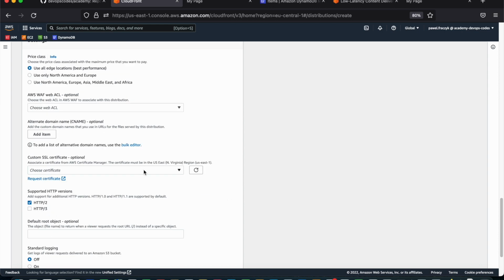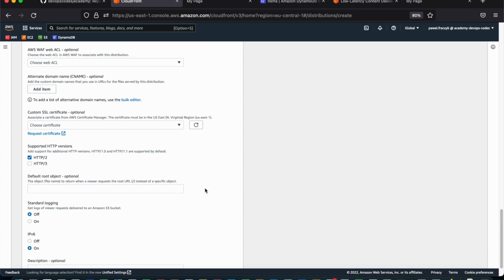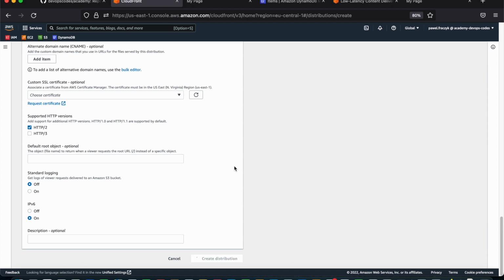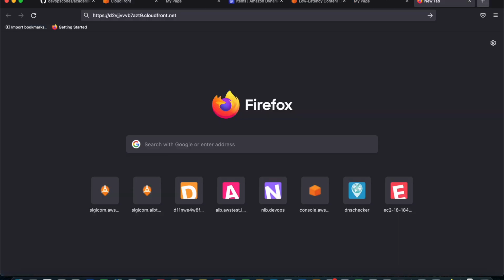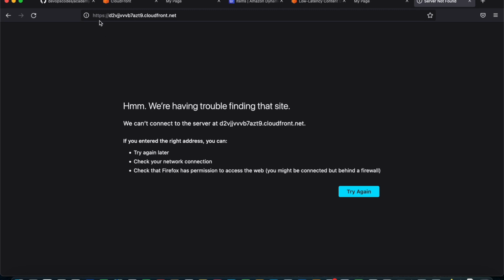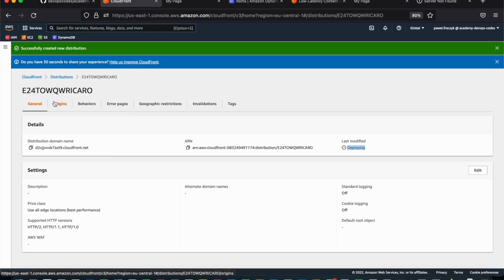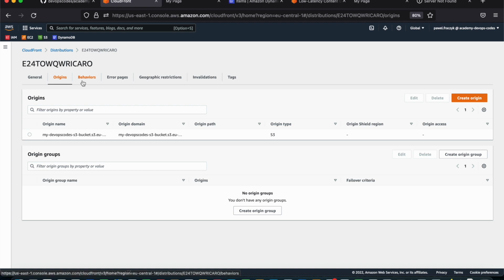We can also have a custom domain for our CloudFront, but at this point we're going to use Amazon's, just to show you how it works. Okay, and we can see that it's deploying right now, and this will be the distribution name. It will take a while to become